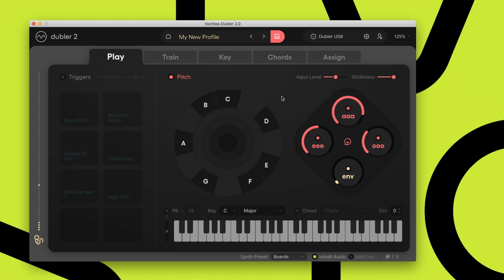So another thing you can do is deselect notes within your scale. So if I go ahead and click on this E, you can see that it gets hatched out. It's now deselected. It's unavailable on the piano roll. And if I sing between the D and an F, it's going to skip the E entirely. If I want to go ahead and turn on notes that aren't in this scale, I actually need to go over to the key restriction tab. So let's go ahead and do that now.